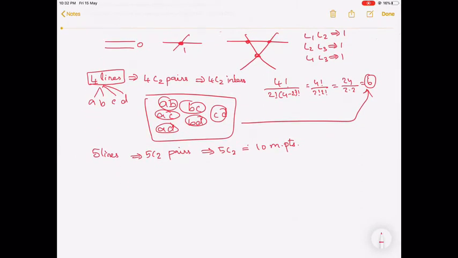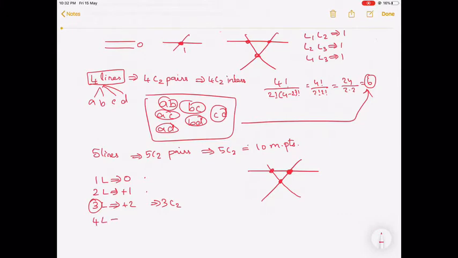There's an alternate way to look at the same problem. When I have one line, how many meeting points can I construct? 0. When I have two lines, the second line can meet the first line at 1 point, so the second line brings one more meeting point into the picture. Now when I bring a third line into the picture, there is already one meeting point. This third line can intersect the existing two lines and bring two more meeting points. So totally, once the third line comes in, it is 0 plus 1 plus 2, which is 3 meeting points, the same as 3C2.